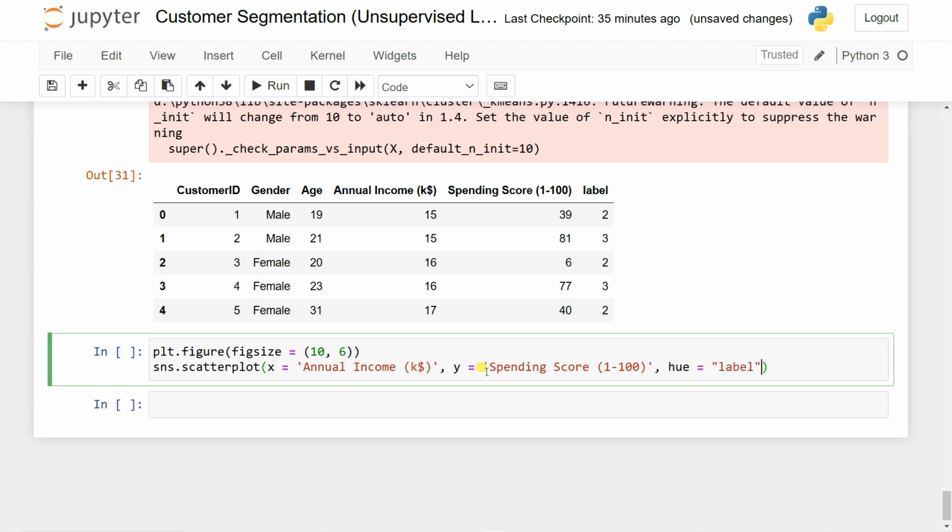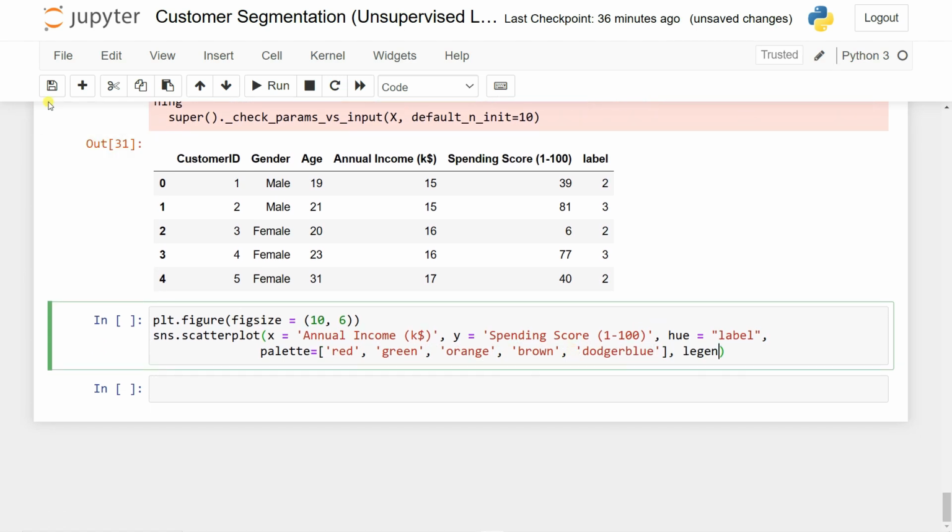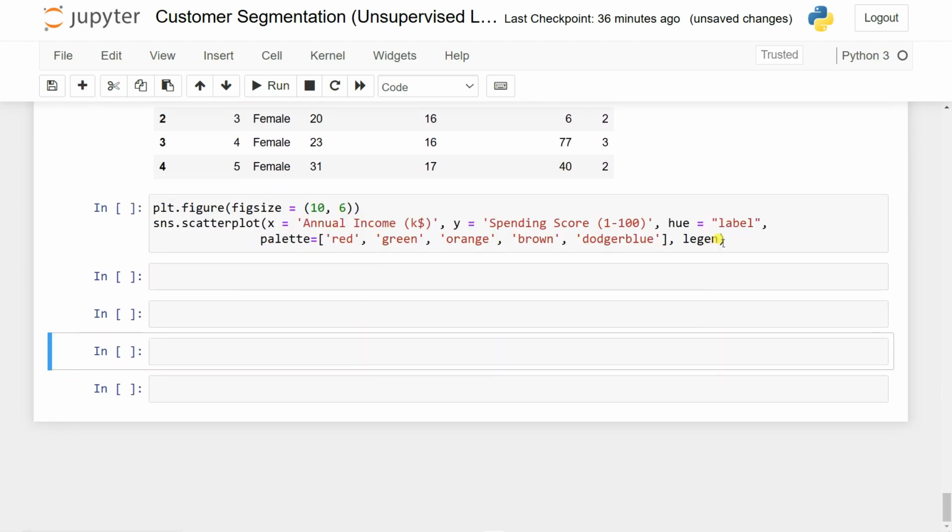So let's say level, and then I'm going to give it here some kind of palette, I mean color palette. So let's say PLE palettes, and let's give it here, let's say red color, and a green color, let's say orange color, and you can give it here the brown color, and then you can, let's say dot dot dot blue, let's say legend. So you can give it here the legend. So we have the 5 colors, right? So in the legend you can give it here the full. So let's say legend